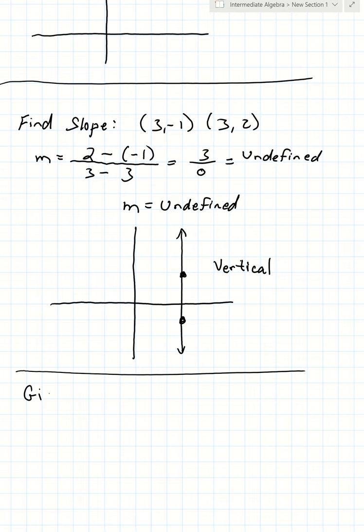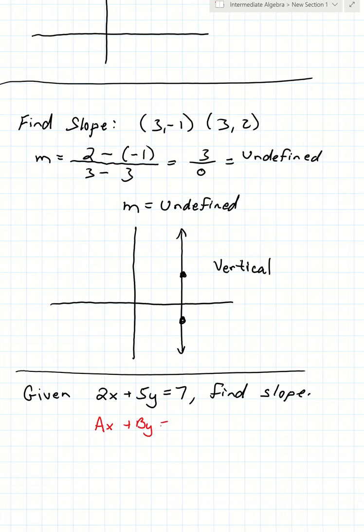So let's say we are given the equation of maybe 2x plus 5y equals 7. This is an equation in standard form. I want to find the slope. Well, remember, standard form is ax plus by equals c. And if I want to find the slope of this line,